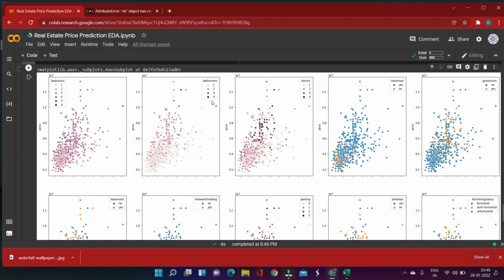Houses which have more bathrooms have a higher area and higher price, as well as bedrooms. We can see over here, the number 6 one. Again, it has high area and high price. Okay,